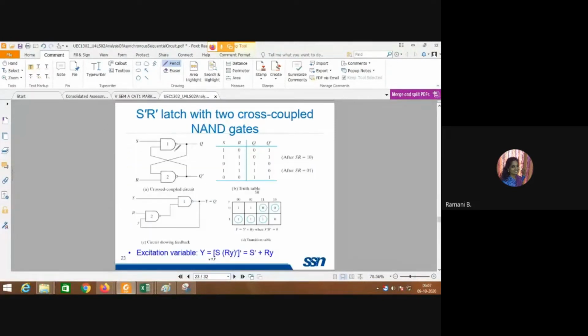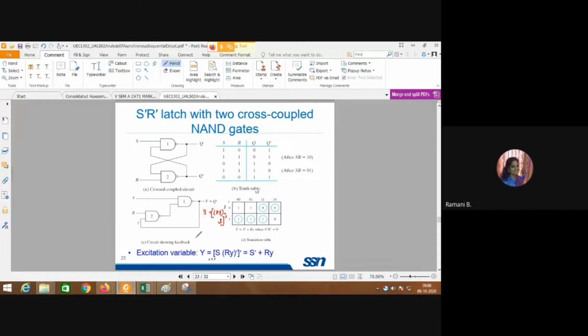Okay. So same way this is done for the NAND gates also. Okay, the SR latch using NAND gates also we do this. The same way it is redrawn over here. So here you have Y is equal to, so RY the whole bar, RY the whole bar dot S this whole thing the whole bar.